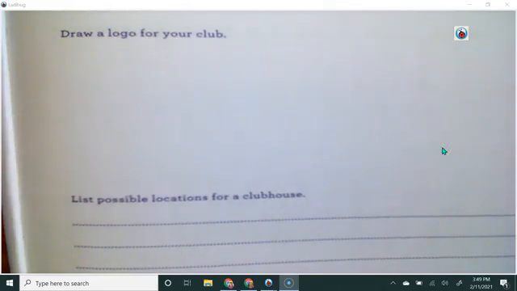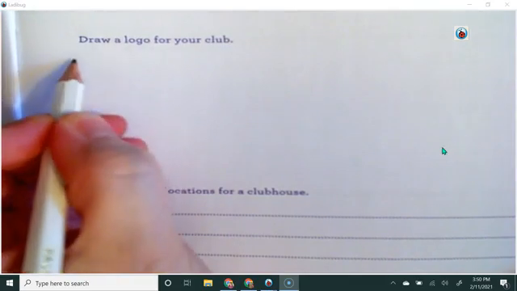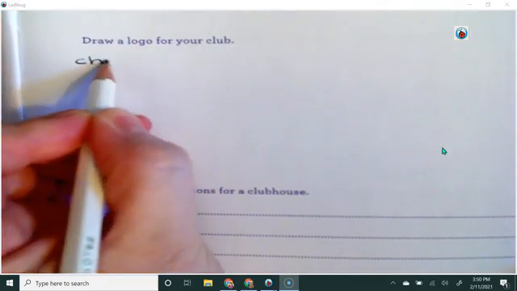All right, class, today we are going to be working on drawing a logo for your club. So it is your chance to invent a club, any club that you would want. And I'm going to brainstorm some ideas on mine, but I'm sure that yours will be different and add really great ideas. So I'm going to start by thinking, let's see, I know at different school sites I've worked at,